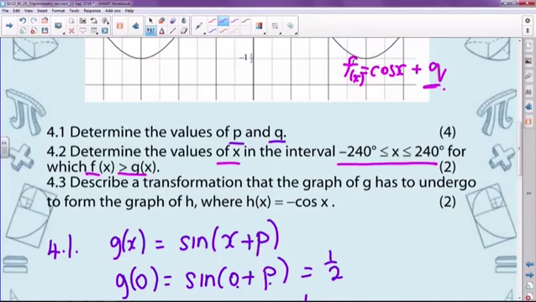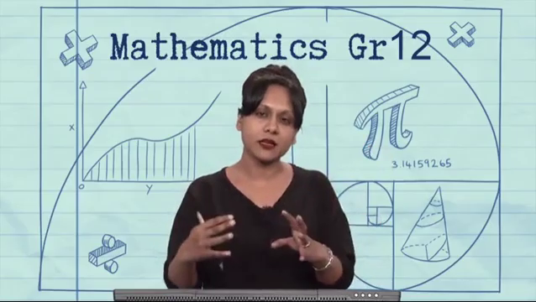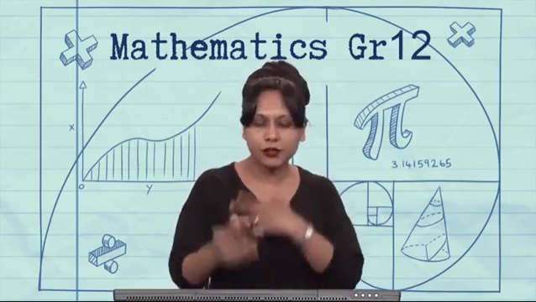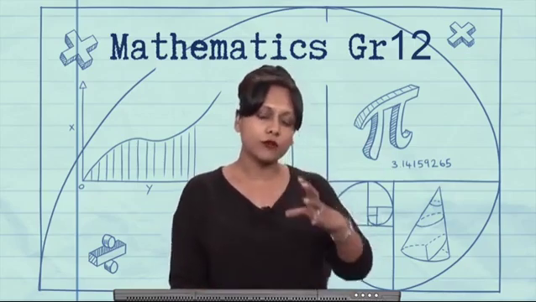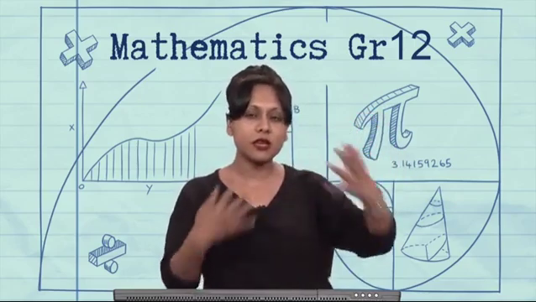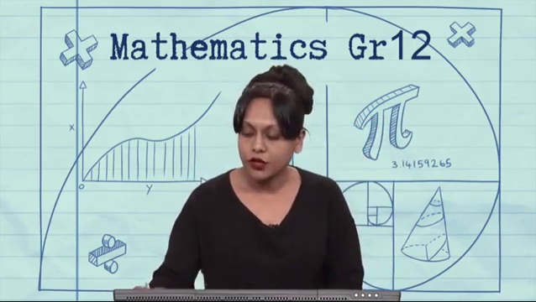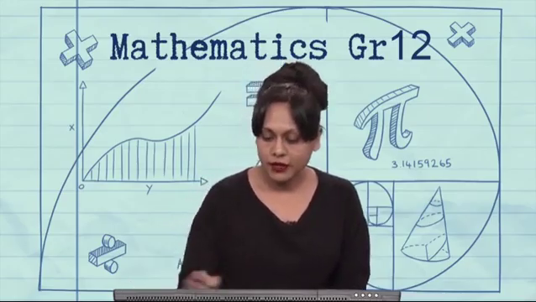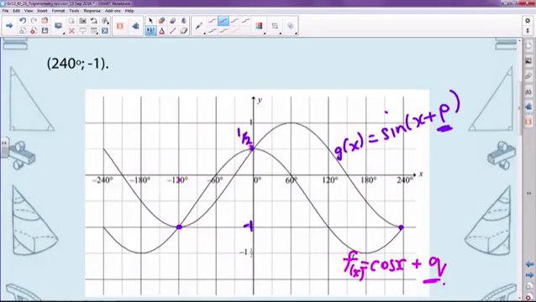So really what you're looking for here is where this cos graph is going to lie above the sine graph. Where's the graph of f greater than the graph of g? If we had to put this into algebraic terms, we're looking for where the y values of the one graph are bigger than the y values of the other graph. So we look through the graphs and we see that, remember, f being your cos graph, we're looking at,